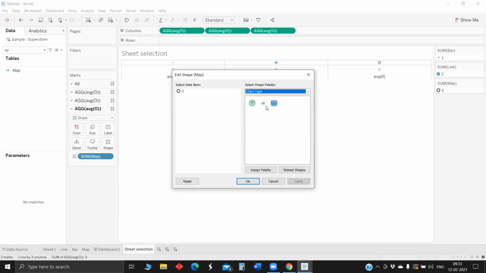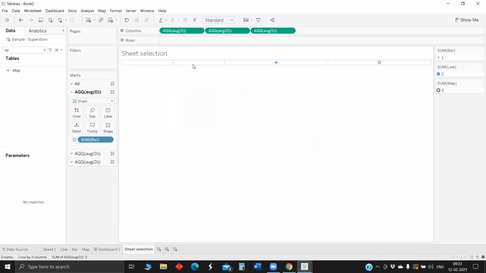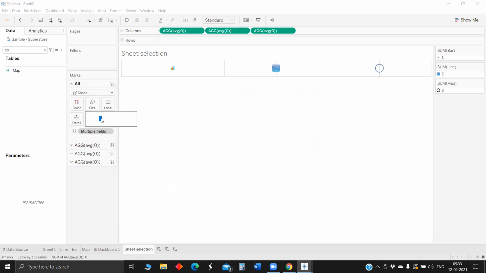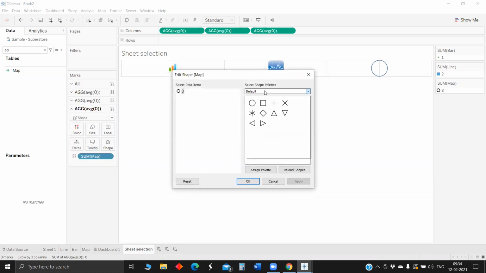So chart type, map. Okay, so let me hide this axis and do a bit of formatting to ensure it looks good. Let me increase the size a bit. Okay, for 3 we didn't change it, it seems. So 3, select chart type, let me click on that, apply. Okay.